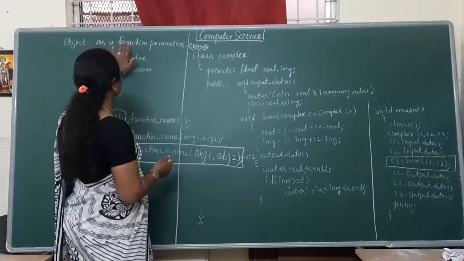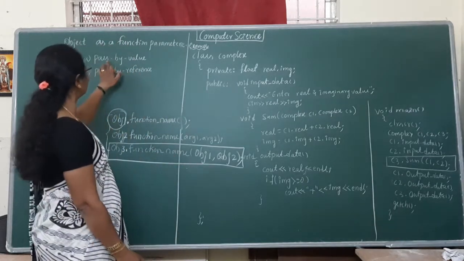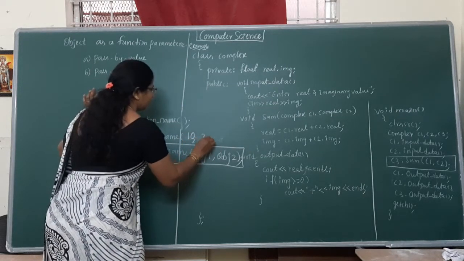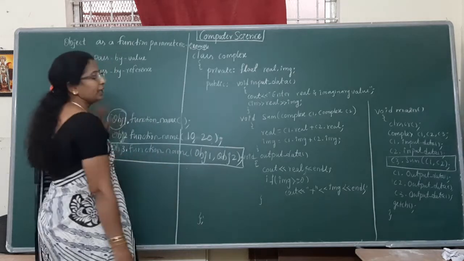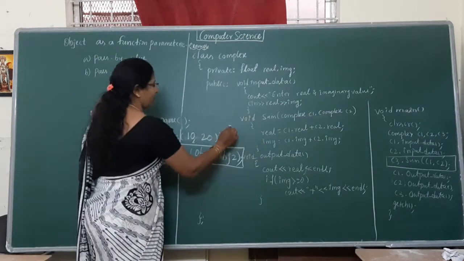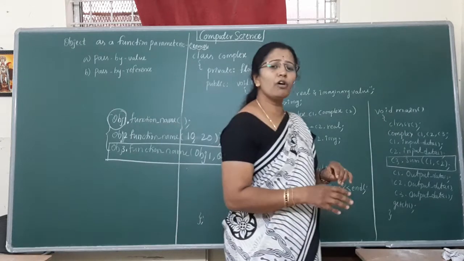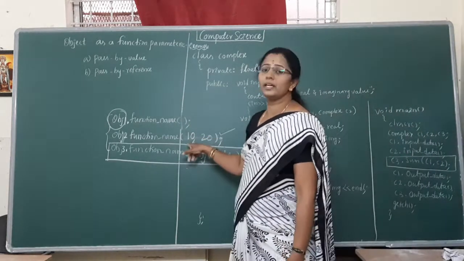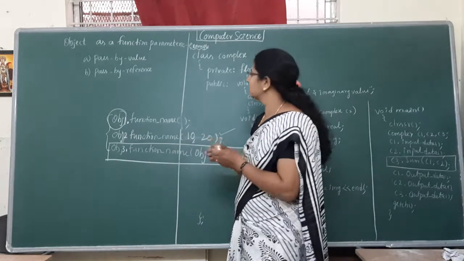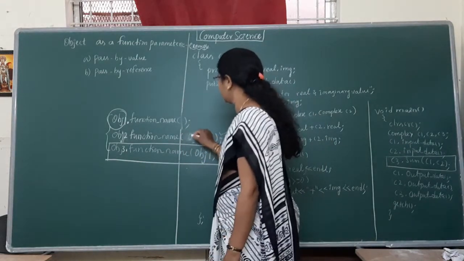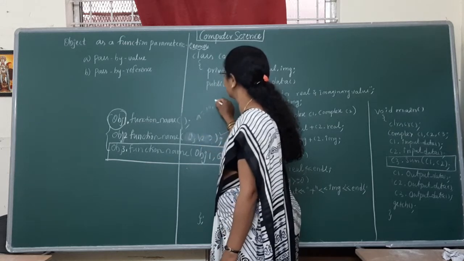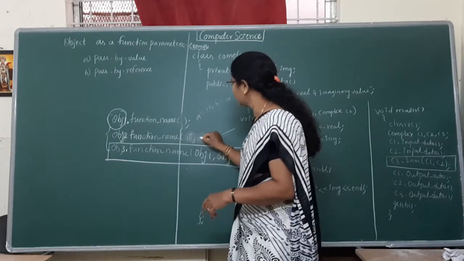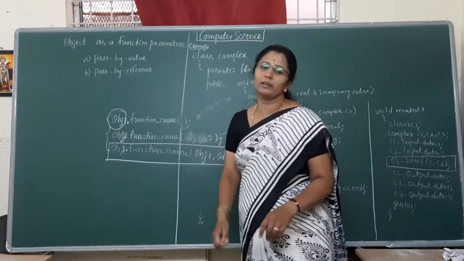That means there are two methods to invoke the function. One I have told, that is pass by value. That means directly you can give the value, instead of sending any object argument. This is your call by value. That means instead of giving the object name, we are invoking with the arguments A and B. A and B contain the values. Otherwise, directly you can give 10 and 20 instead of the variables. That is your call by value method.